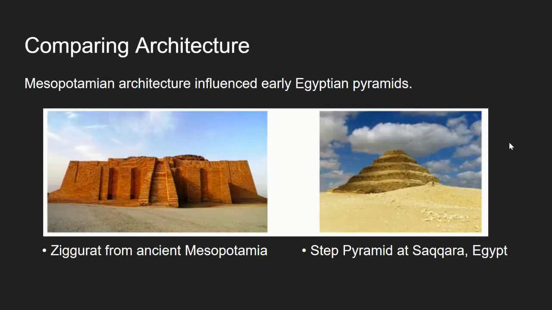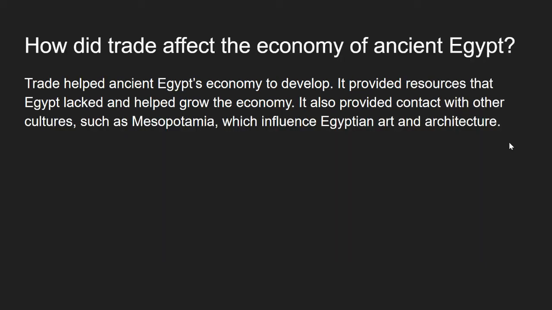Mesopotamian architecture influenced early Egyptian pyramids. You can see this in the pictures here, the ziggurat of Ur on the left and the step pyramid at Saqqara on the right. Now this brings us back to our lesson question of, how did trade affect the economy